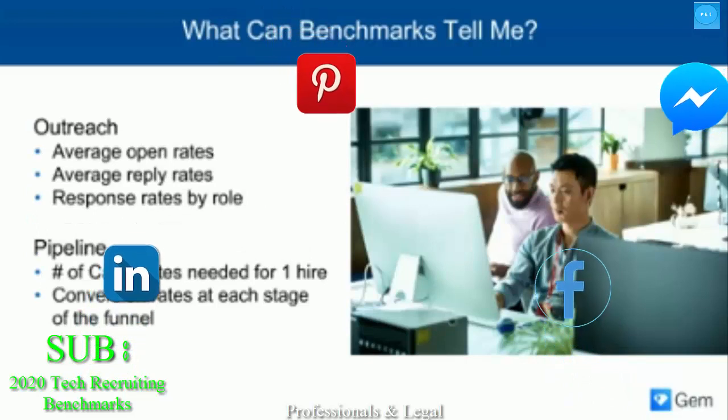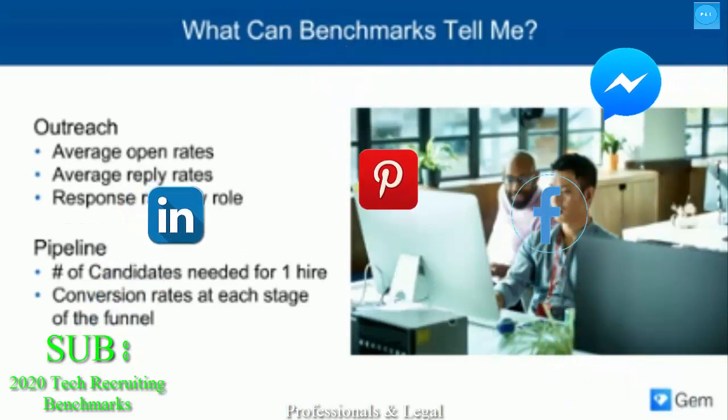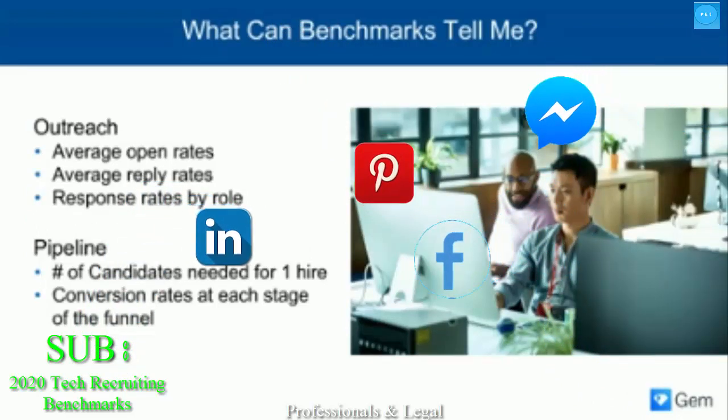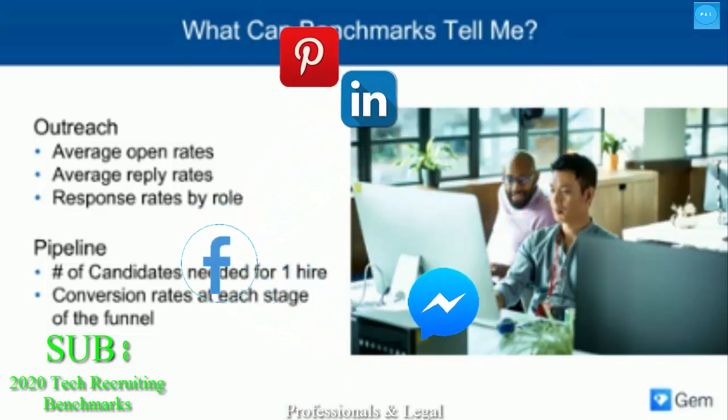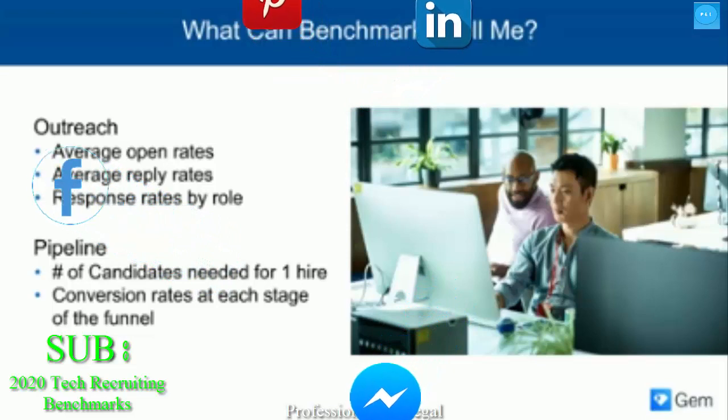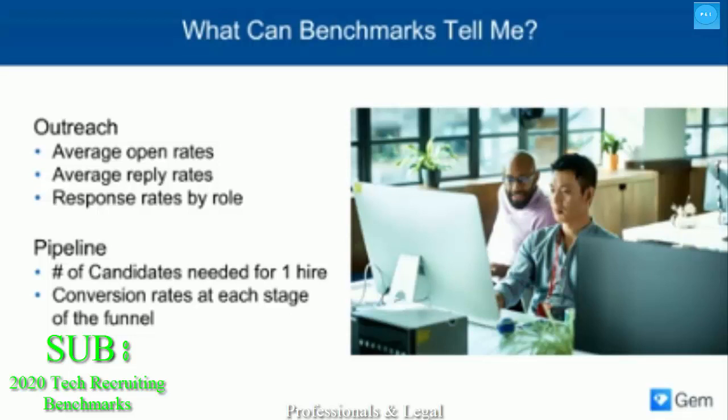Here are some of the recruiting benchmarks that we're going to walk through today. Benchmarks can give you averages for all the metrics here, but you can also slice and dice these numbers in a few different ways, including gender, department, location, and company size. Most of the numbers you'll see today are based on pre-quarantine data, but we've also got a few slides on the metrics since COVID really hit the U.S. in mid-March, so you can see how some of these activities have temporarily shifted.